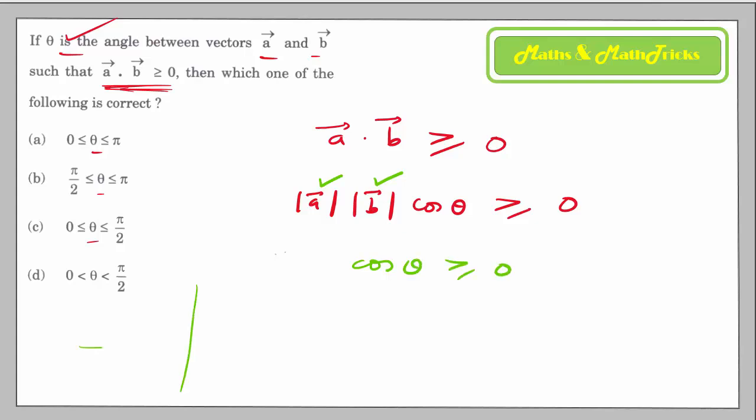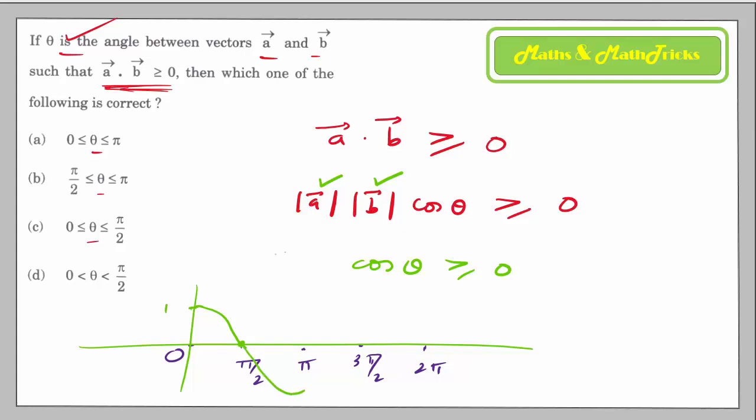Now you have to understand the cosine graph very well. You know that cos 0 is 1, cos pi by 2 is 0, cos pi is minus 1, cos 3 pi by 2 is 0, cos 2 pi is 1. So you know the graph of the function cos theta: at 0 it is 1. From 0 to pi by 2 it starts decreasing, then reaches 0 at pi by 2. Again from pi by 2 it decreases more till it reaches minus 1 at pi. And then from there it increases till 0, and from there again it increases to positive 1, and like that the graph continues.